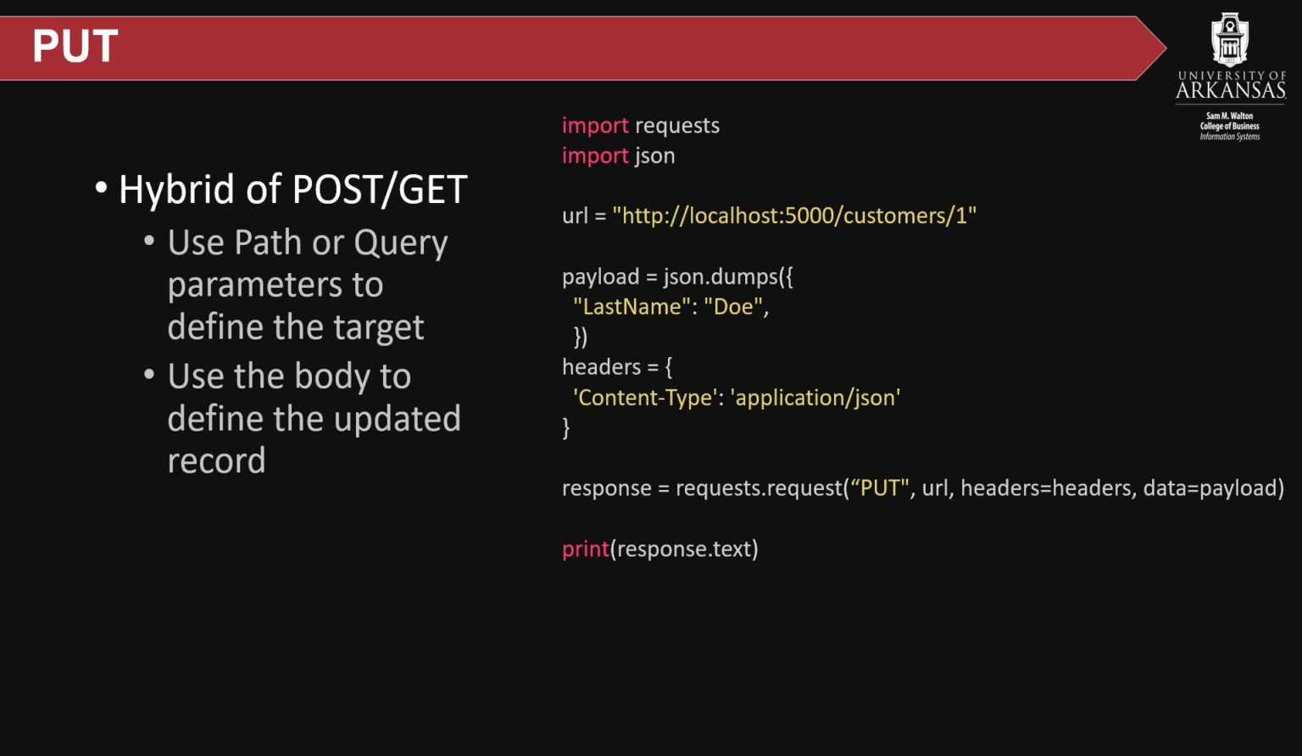Again, put is a kind of a hybrid between the post and get. We need to define the target. This is done with either the path or the query parameters, like the get. And then the parts of the record to be updated are supplied in the body, like the post request. So notice here our URL, our path in our URL includes the customer we are updating, customer 1, with the ID of 1, but the values that we're updating are specified here in our payload, which are sent as part of